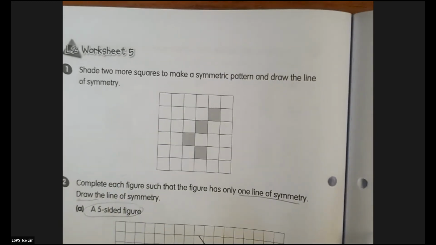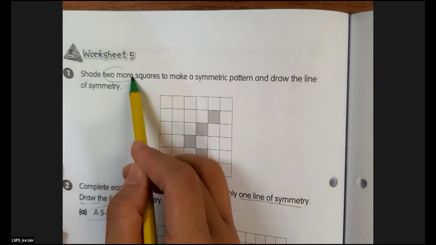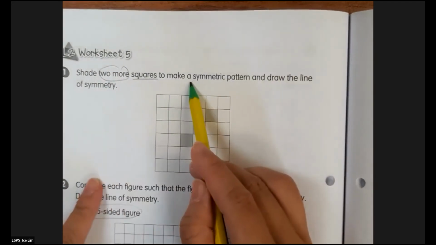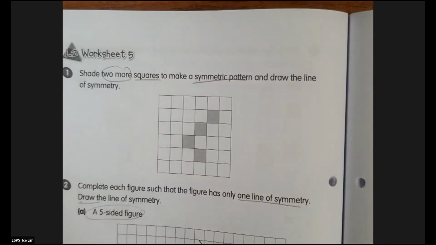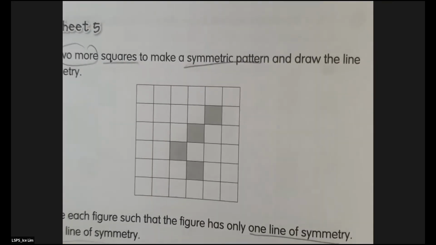Okay. Now, for the first one here, you have to shade 2 more squares to make this pattern become symmetric. Just 2 more squares, only 2 more. Okay, now maybe I can give you a hint. Before you do it, maybe you turn it around to see, is there any way that you turn it and